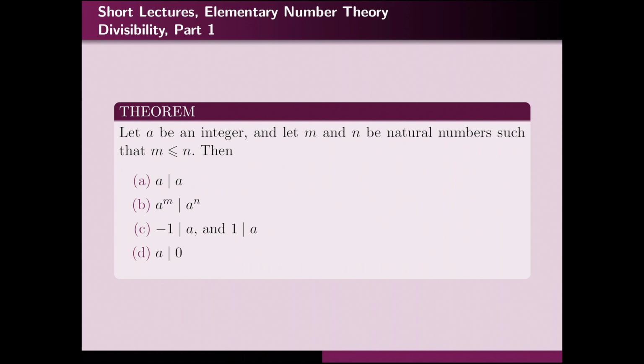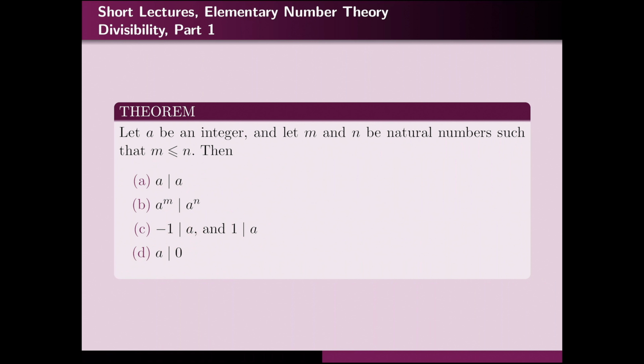Okay, I will not prove all of them because they are very simple. So every number divides itself. Every number divides 0. In other words, 0 is divisible by every number, even if that number is 0, because again, 0 divides 0 is true. This means that every number is divisible by 1. Every number is divisible by minus 1. These are very obvious ones that you can prove easily.